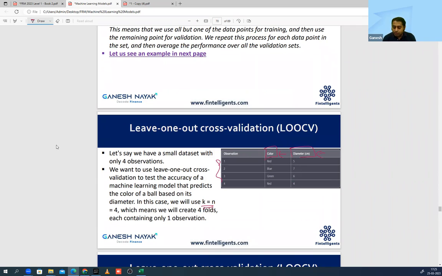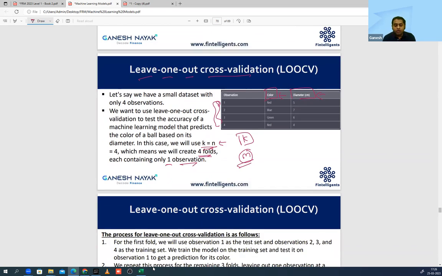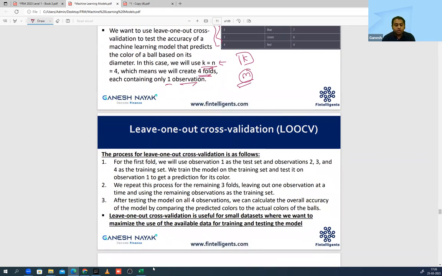Now over here, if you remember, in leave one out cross validation K is equal to N, which means if I have 4 observations, I will create 4 groups because I cannot logically create 10. So I've created 4-fold. If you remember in the previous part, it was written as M-fold, here 4-fold. Each one of them contains one observation. How will the process work? This is not given in the book. This is the last approach, the leave one out approach.